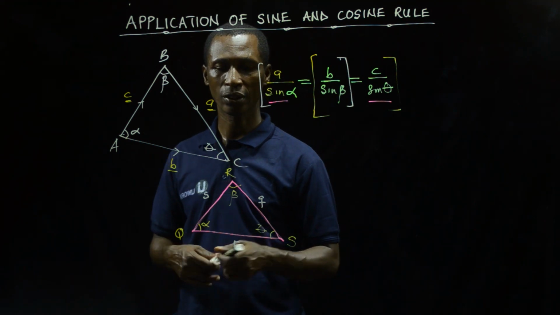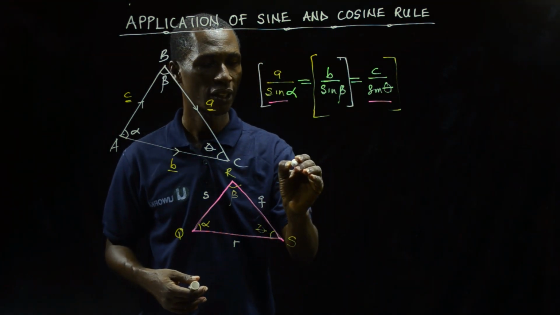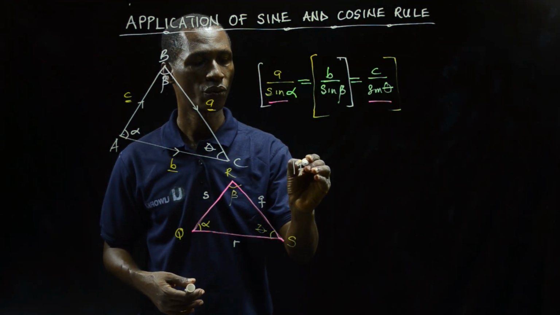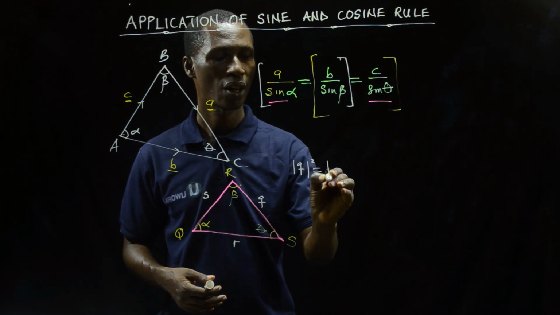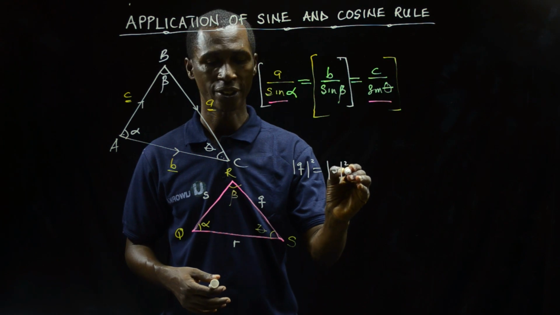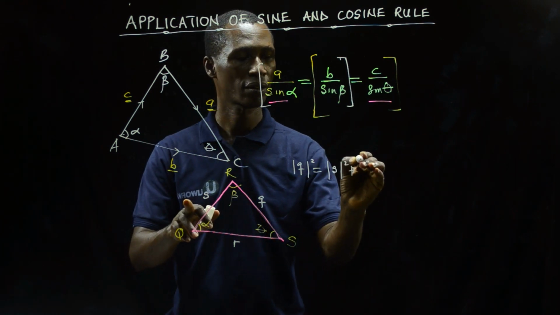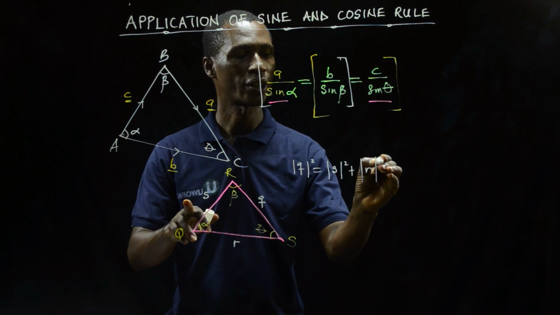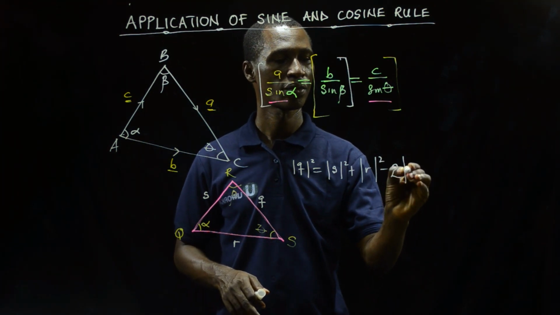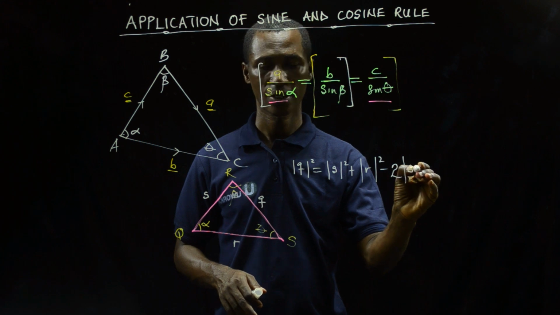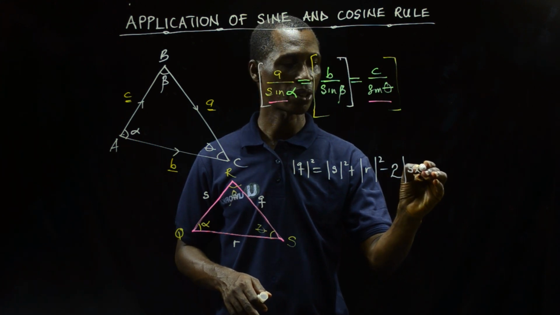So if I want the length of Q, I say magnitude of Q squared must be equal to S squared plus R squared minus twice S R, that means S times R